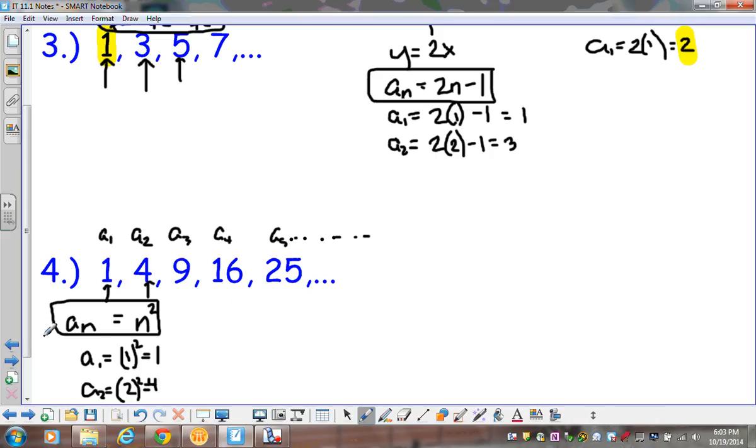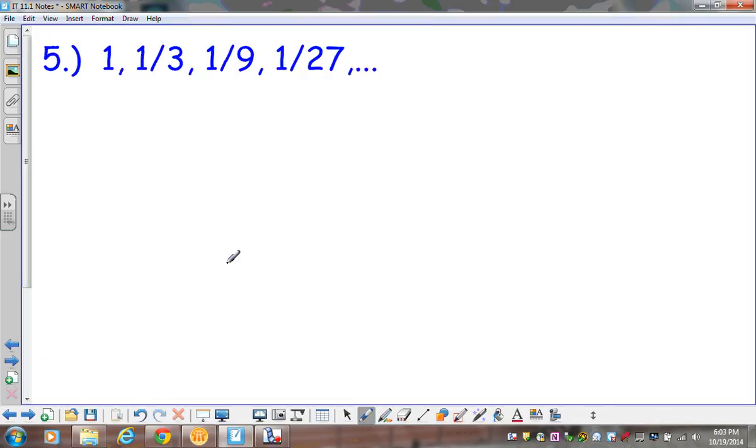All right? So let's look at another example. This will be our last kind of example before we talk about a different type of sequence. This one's a little more difficult. I've got 1, 1/3, 1 over 9, 1 over 27. I'm just going to write these down here because it might look a little bit easier. 1/3, 1/9, 1/27, etc. Once again, you're looking to see if you can add anything that's common,